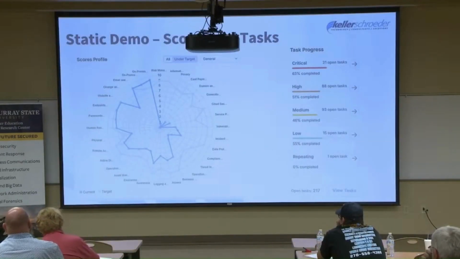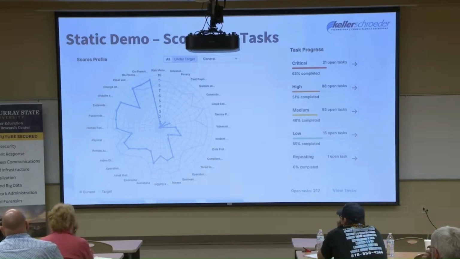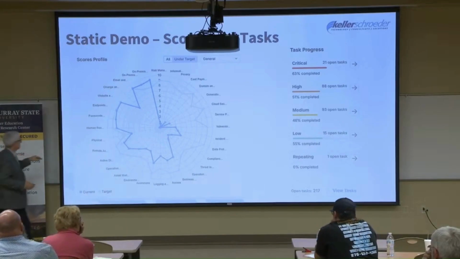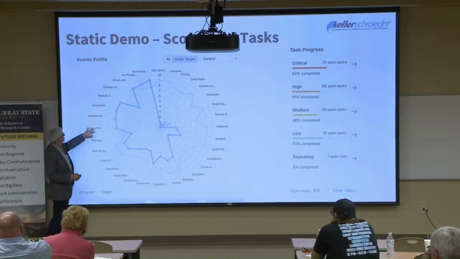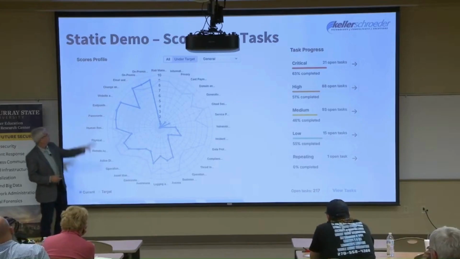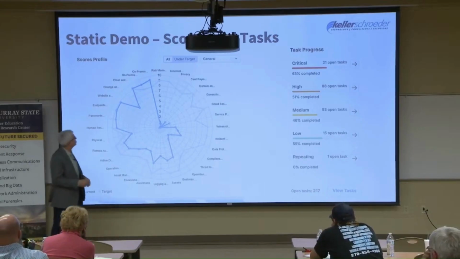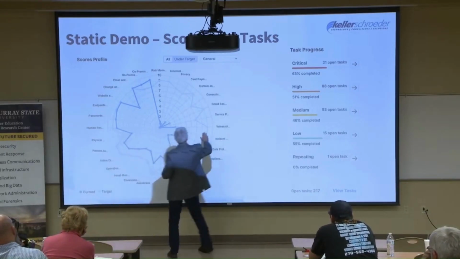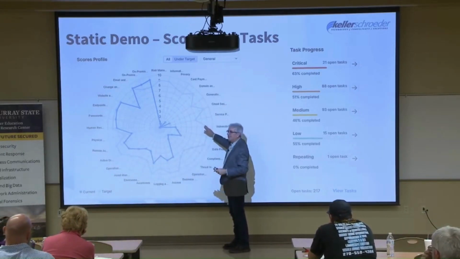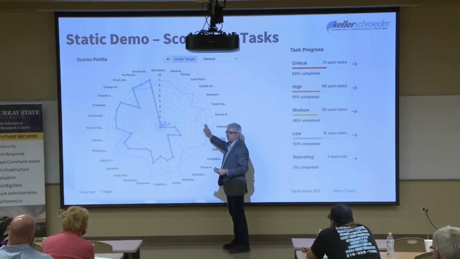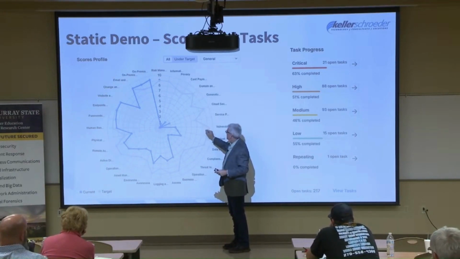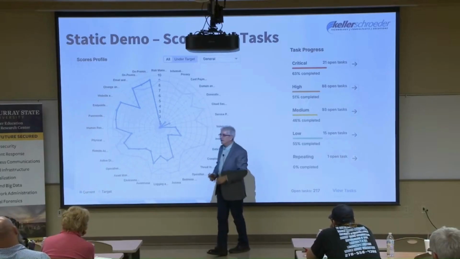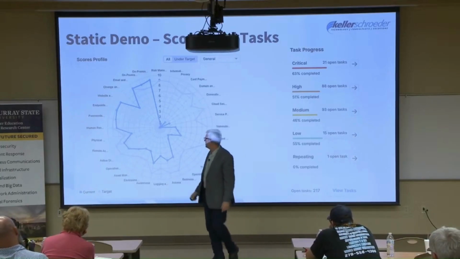There's also a profile on scores. While these are hard to read because it's an eye chart from back there, there's physical security, there's human resources, passwords, all of these different areas. If you notice here, the gray bar, which is kind of hard to see, these are industry targets. These are industry averages of where a target should be. So a lot of those, you see, they don't go to 10. It's rare you're going to have something that goes to 10.